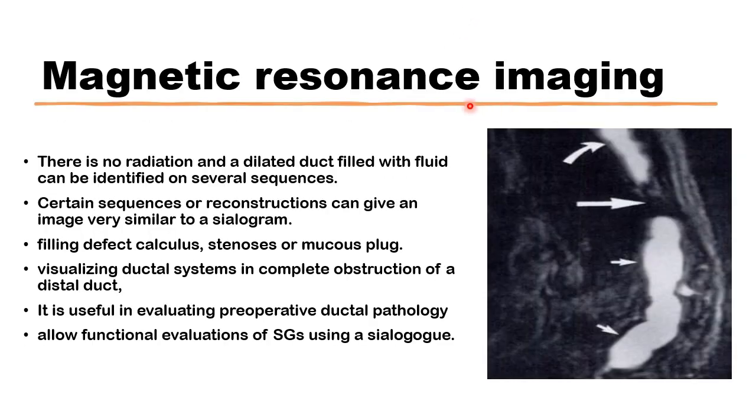The magnetic resonance sialography would not only confirm a diagnosis of a stenosis or a stone or a plug, it will also characterize that filling defect in terms of its length and the degree of the obstruction. Such information is useful in the grading of the stenosis of the duct system. It can also quantify any widening, any sialectasis in the duct system, and give valuable information about the parenchyma of the gland itself, not only the ducts.